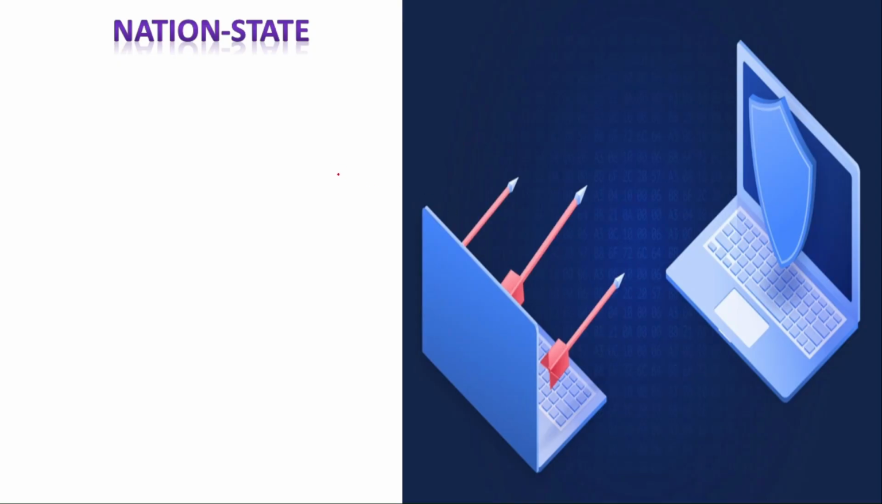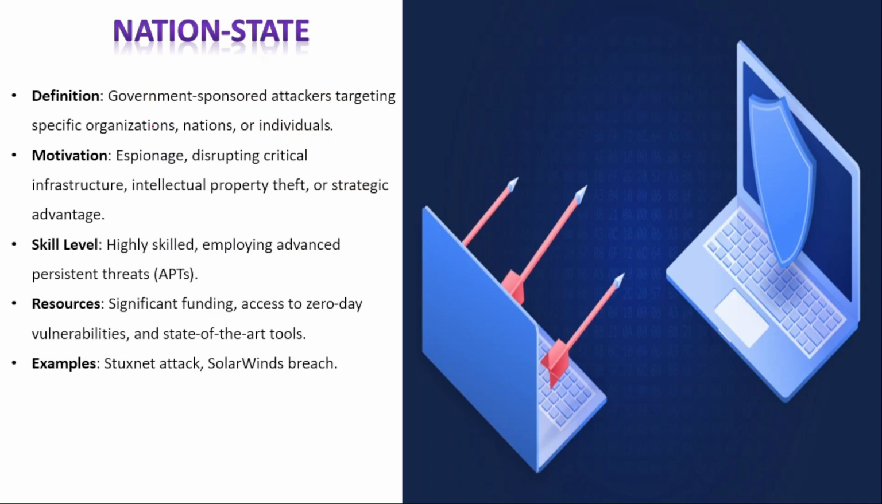So the first one is nation state. A nation state threat actor is basically a government sponsored attacker targeting specific organizations, nations or individuals. And what is the nation state actor's motivation? The main motivation is espionage, disrupting critical infrastructure, intellectual property theft, or strategic advantage over their adversary nation or